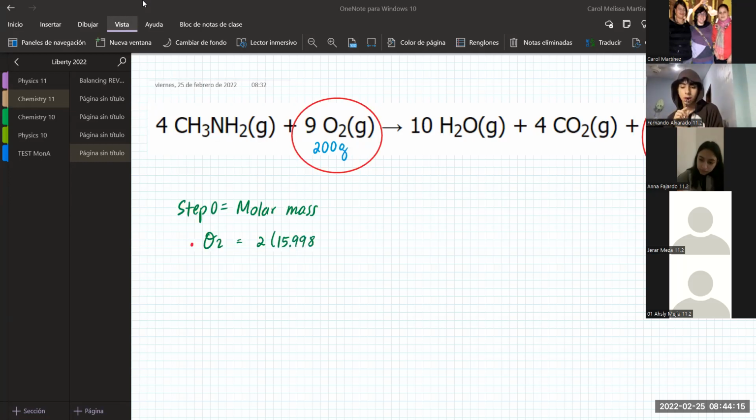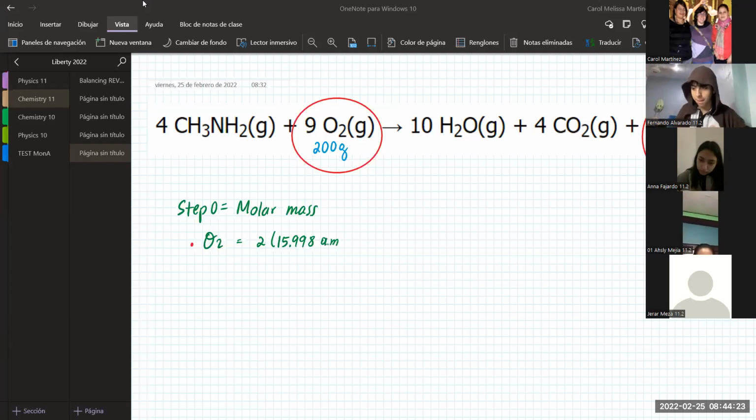As I told you the other day, directly you can write grams instead, but the proper way to do it is to write AMU, okay? Like this. You can write grams, okay? You can write grams. Now, this gives you 31 point something,